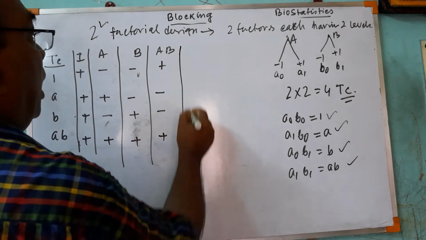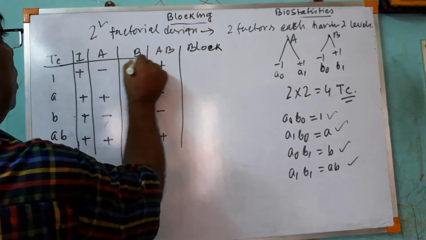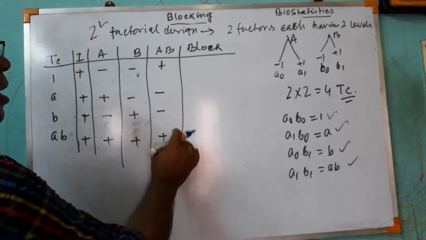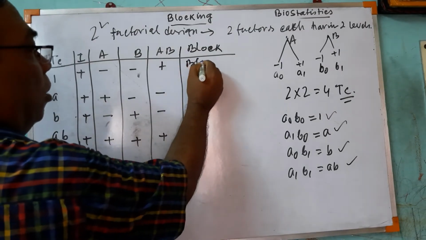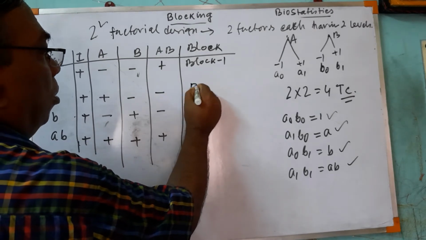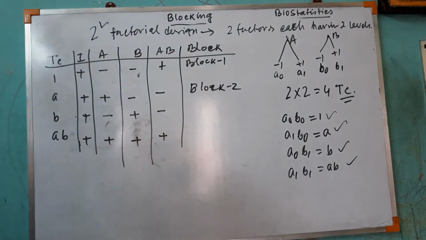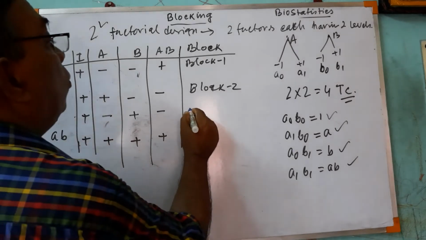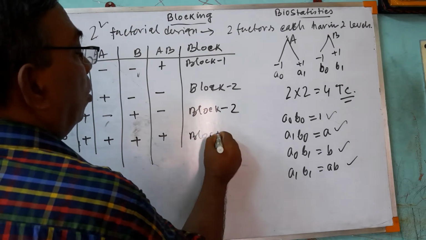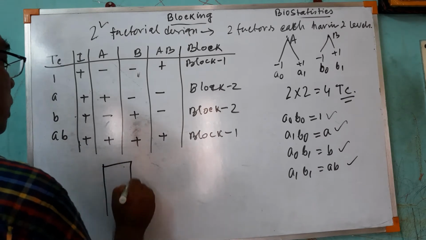So then I am assigning this into blocks. Now what I am doing here, I am assigning all positive into block 1, and all negative into block 2, because it is negative. Positive I am assigning into block 1 and all negative into block 2. This is block 1. So there are 2 blocks. You can write down now. These 2 blocks I am assigning.